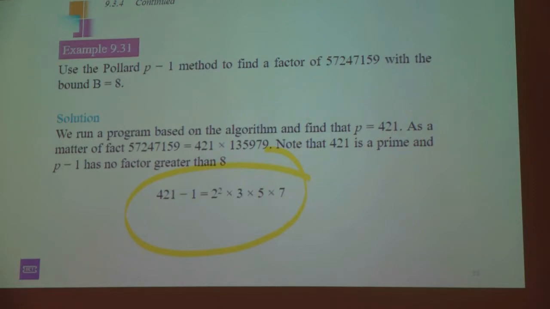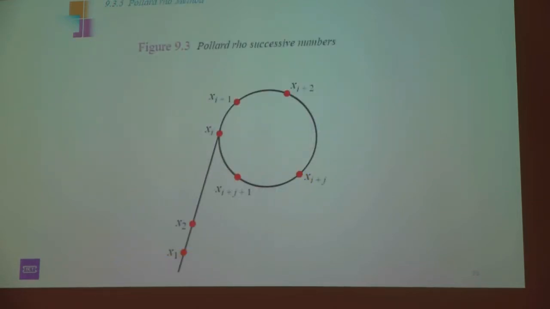The process is: you assume there are two integers, x1 and x2, such that p divides x1 minus x2, but n does not, right? You start with this assumption. I wish you had your book with you, that would help you to follow. Anyways,